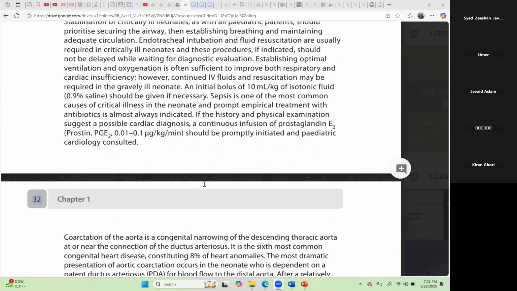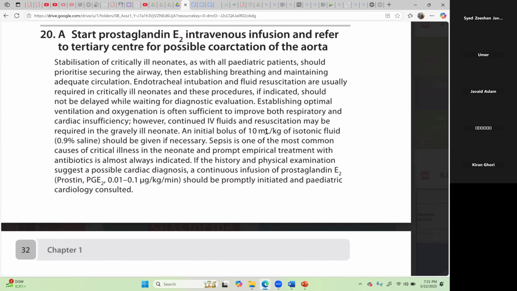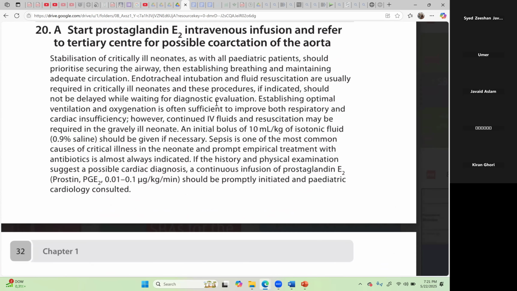Okay, so in this scenario, the goals are to have good fluid resuscitation, and of course, the patient will be intubated,